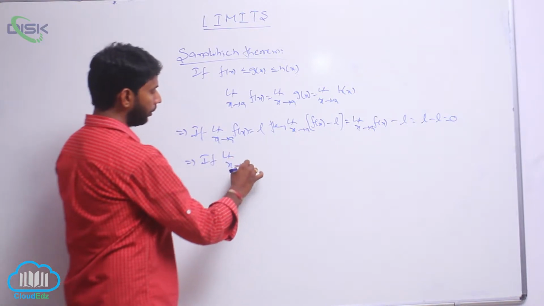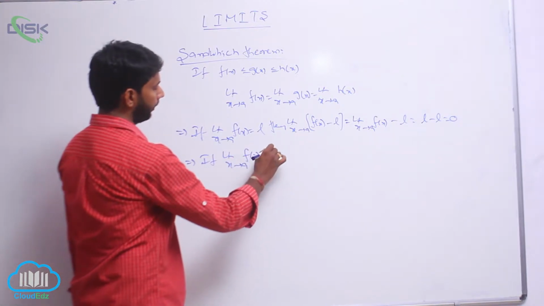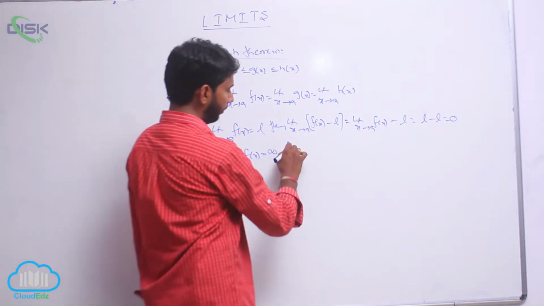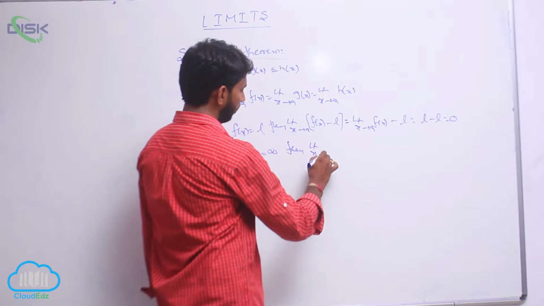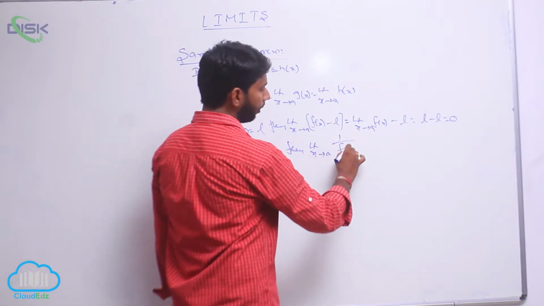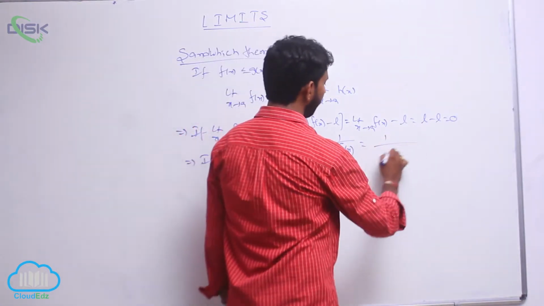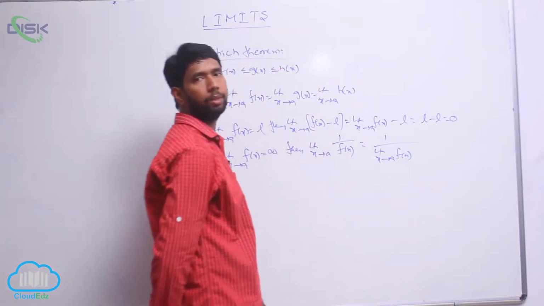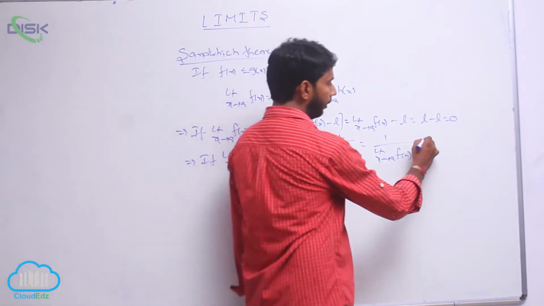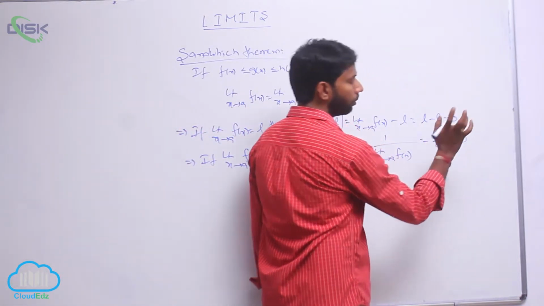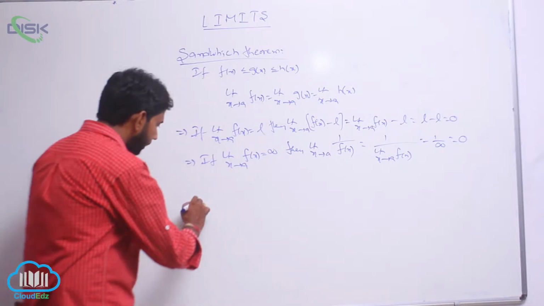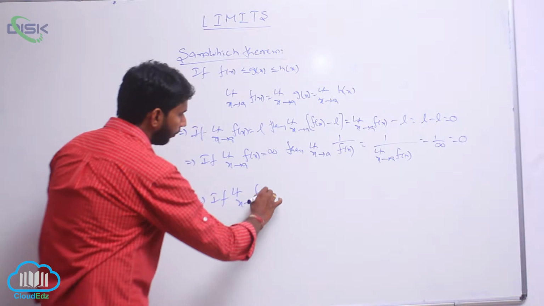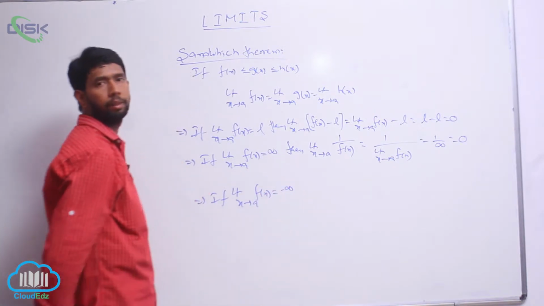If the limit as x approaches a of f(x) is equal to infinity, then the limit as x approaches a of 1 by f(x) is equal to 1 by the limit as x approaches a of f(x), that is equal to 1 by infinity, that value is equal to 0. And next one,